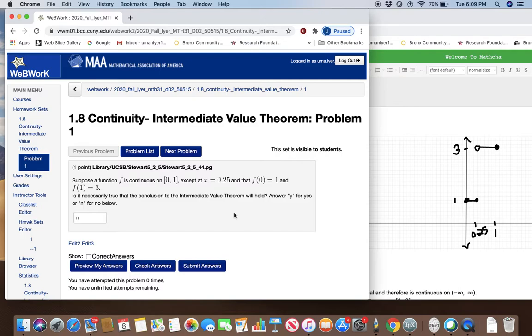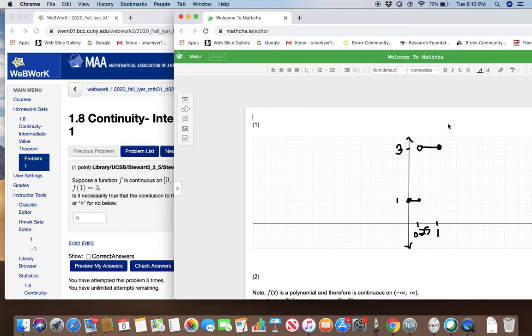The conclusion of the intermediate value theorem will hold if your function is continuous throughout the closed interval 0 to 1. You shouldn't have any point of discontinuity. For example, here is a function which is constant from 0 to 0.25, with value 1. At 0.25, there is a discontinuity, a jump discontinuity. Height is 3, constant until 1. So you see this function